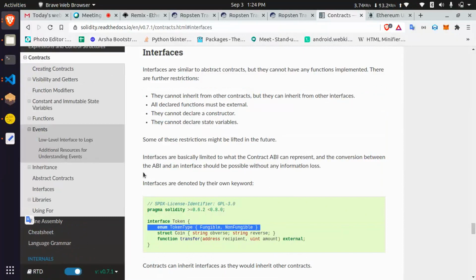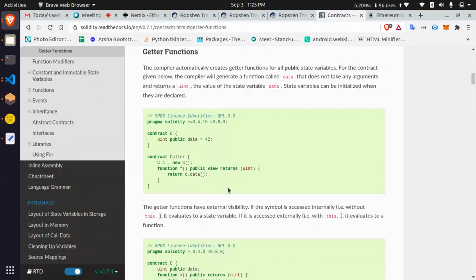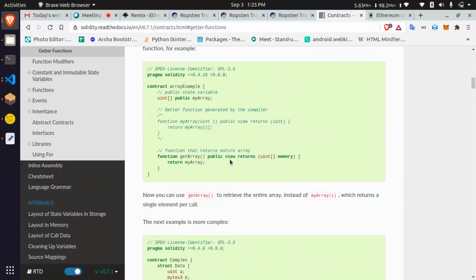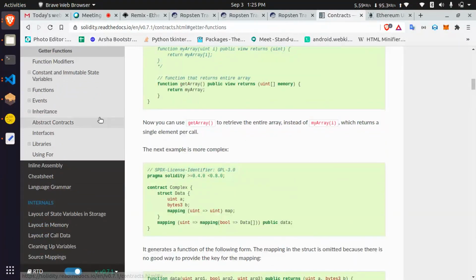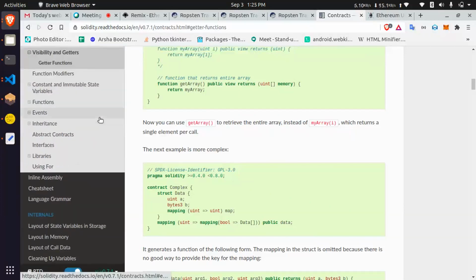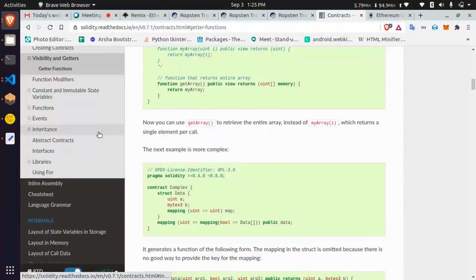I think these are the functions I already covered. In the visibility headers it is like view, pure, public. These kinds of details are only there. Just refer to this documentation, which is updated every time. They will increase their versioning. So for each version, you have to check what is different, and then you have to upgrade your skills. And then libraries, library and events I will explain. Inheritance, just look into it. I will create an example and then I will show that. Okay. Any doubts on this?